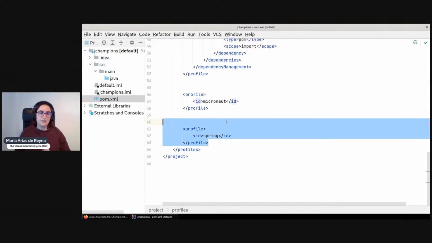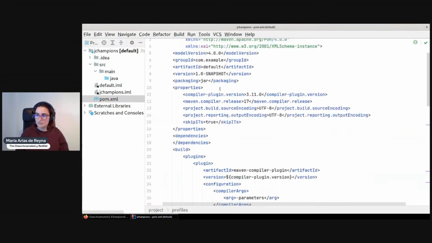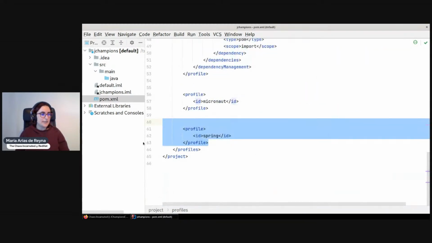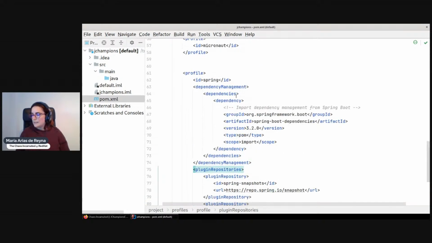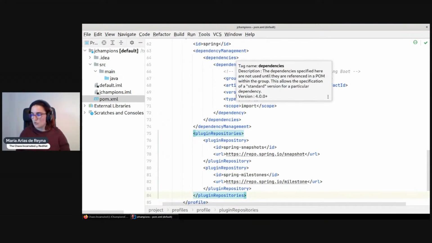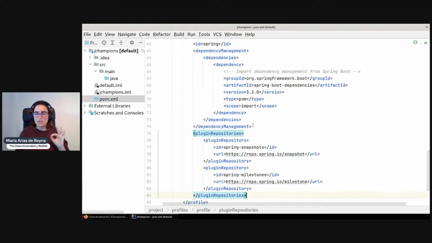Then we have Spring. Spring offers you the option to add a parent element on the POM file. But it says, okay, if you don't want to add a parent, you can instead add a BOM, like in Quarkus, and it will work. There will be some things that you will have to add manually, but don't worry, it will work. The problem is